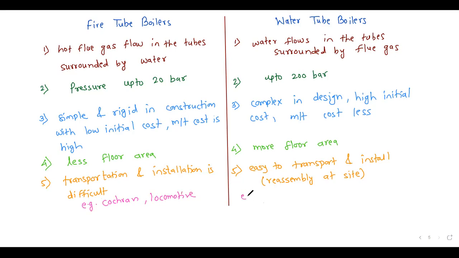Then you are having water tube boilers. So examples of water tube boiler is what? Babcock and Wilcox boiler, or Stirling boiler. Okay, so hope you have understood the major differences between the fire tube boiler and water tube boiler. So Babcock Wilcox, and let me note down Stirling boiler. So these are some important points you have to remember regarding fire tube and water tube boilers. So hope you have understood this.